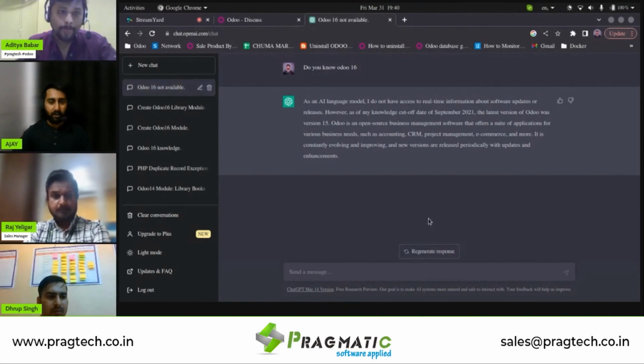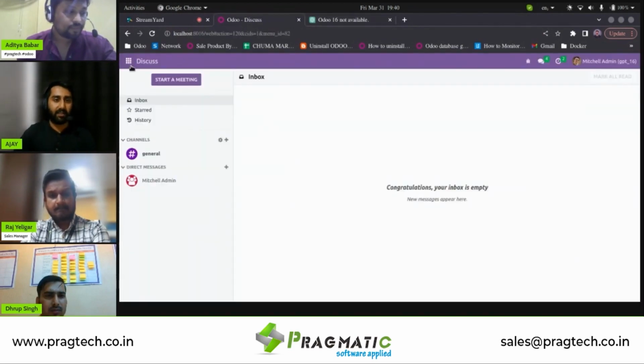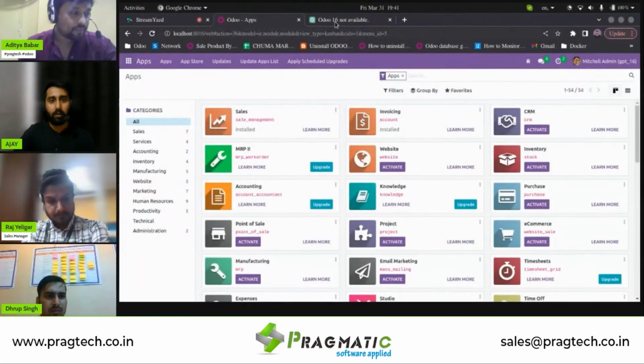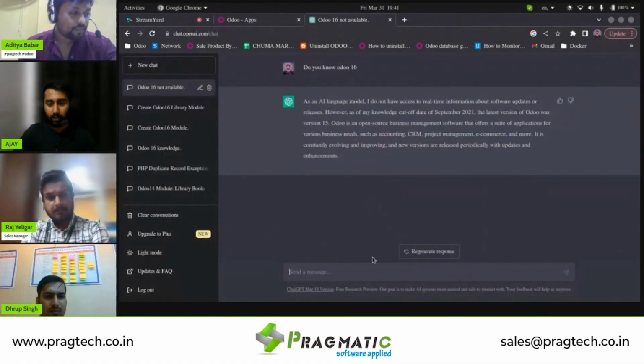Okay, it's now still 15, but there is a beta version, so it must know 16 also. So today we can check in 16. So this is the 16 Odoo version. You can see this is a simple database. Nothing has installed. So we can just check